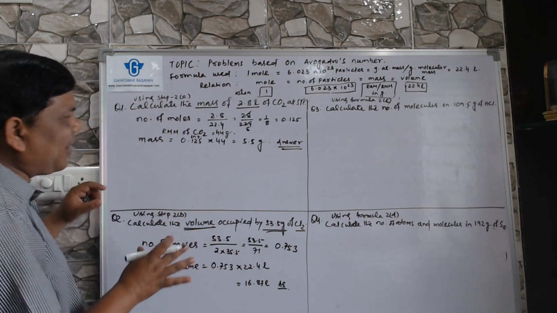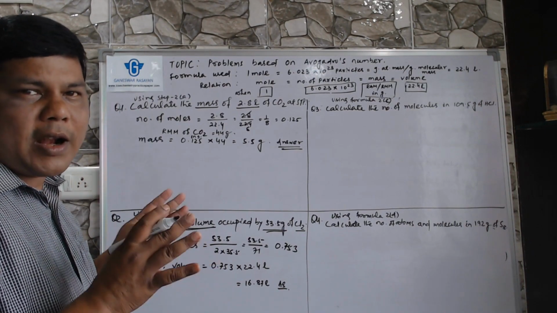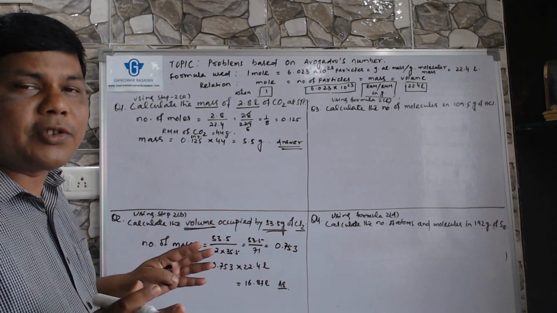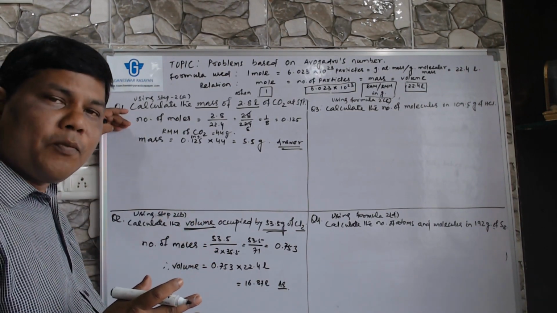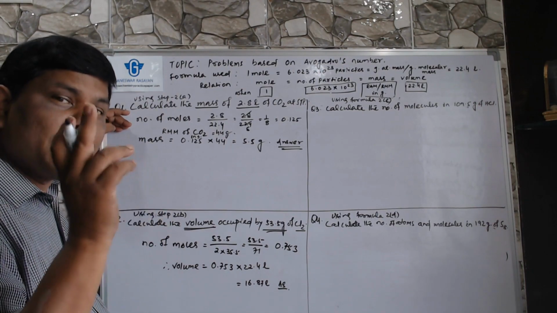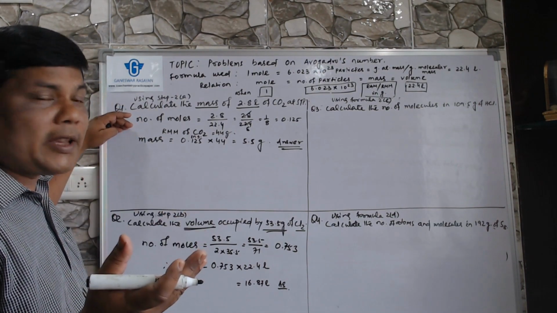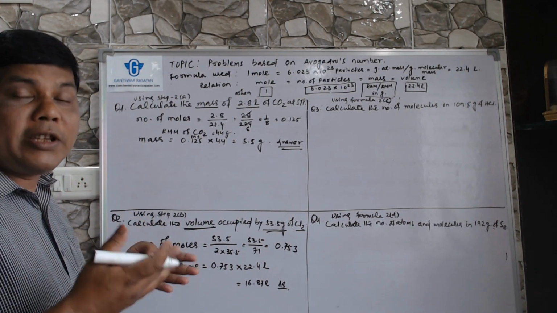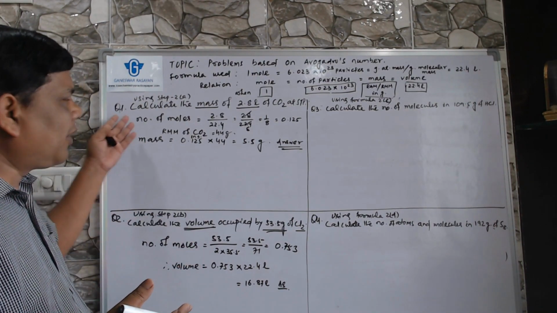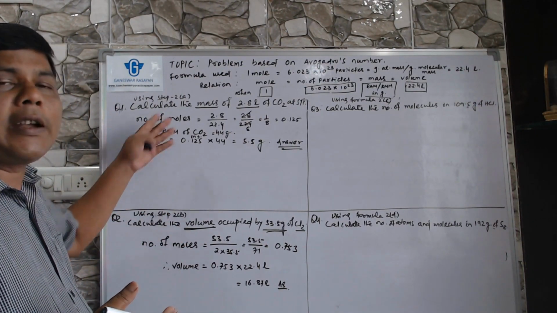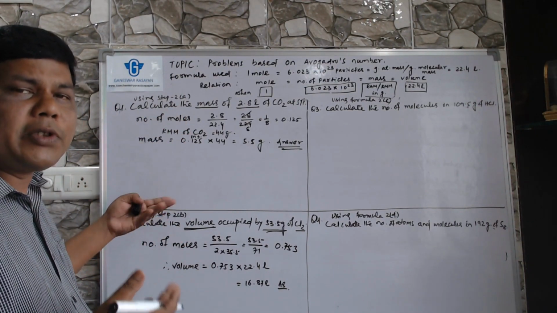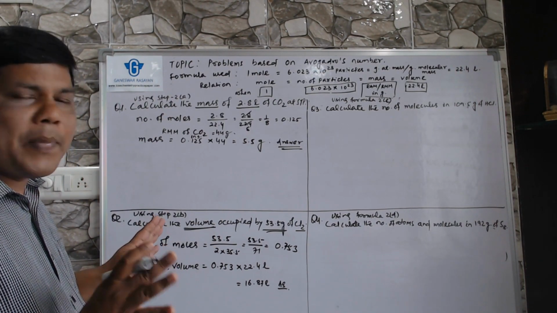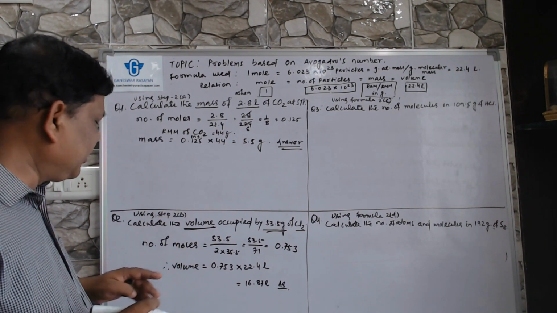See, so simple. Avogadro's numerical is very simple. See, in 2 steps you can finish. One is you are calculating moles always. This is step 1, a compulsory step. If moles is given, then you proceed to the second step, obviously. If moles are not given, first find out the number of moles. Then with whatever is asked, you calculate directly using the step 2 formula. All 4 are useful. And a simple 2 steps procedure.